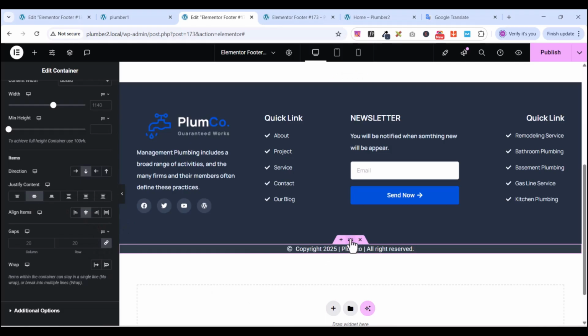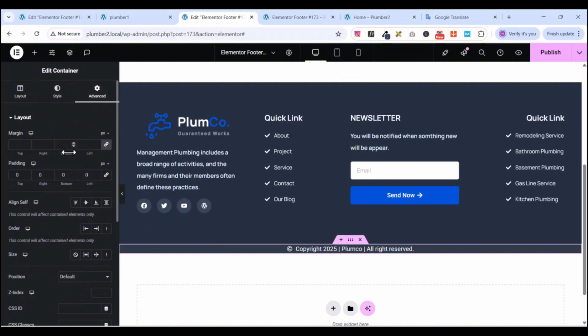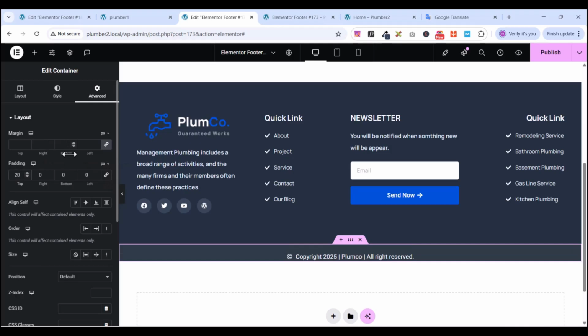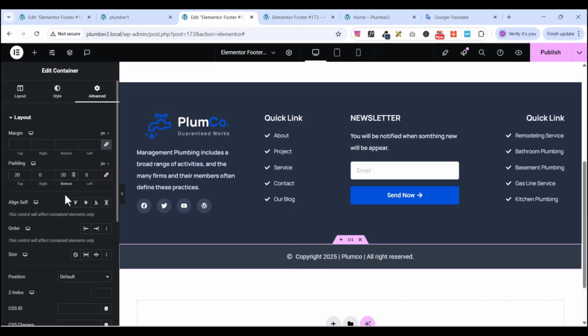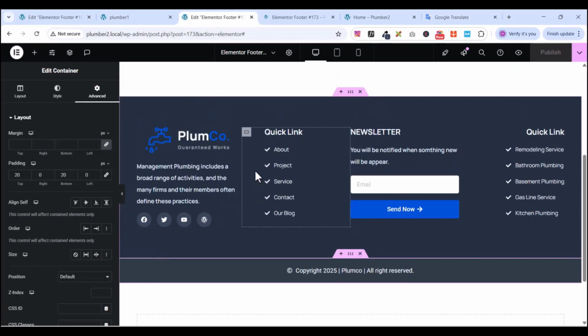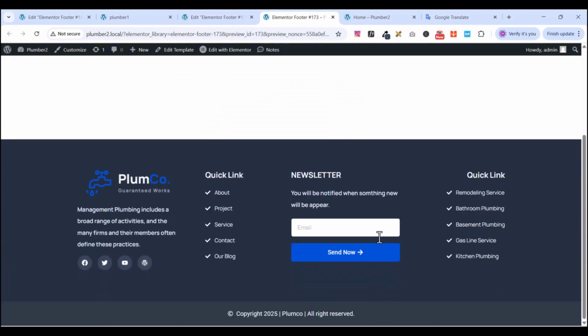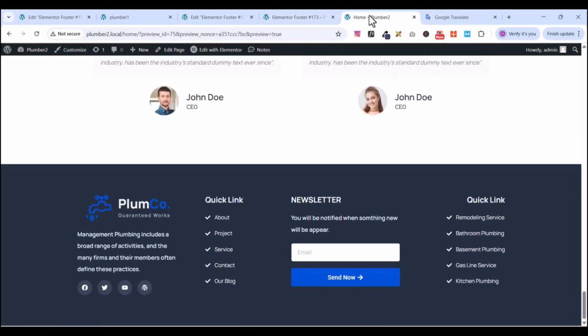From here I want to give it a padding. Let's say a padding top 20, bottom 20. So I think that we have everything nice. So I'm going to publish it and preview. You can see that we have done the footer, and if I preview my full page